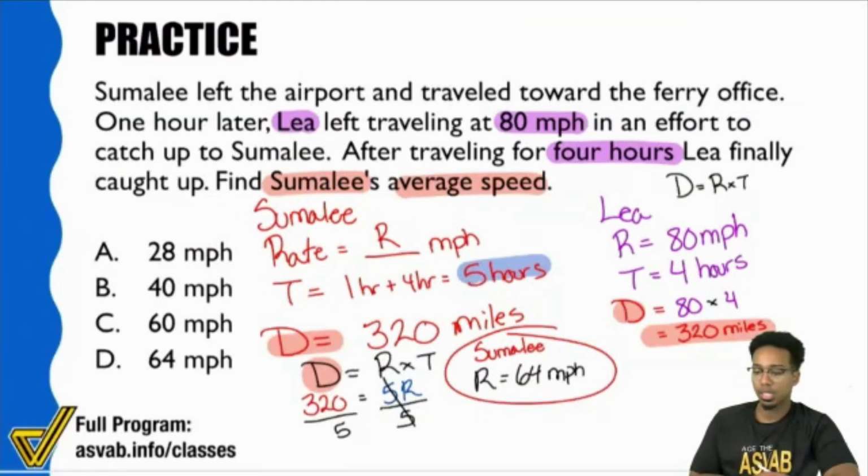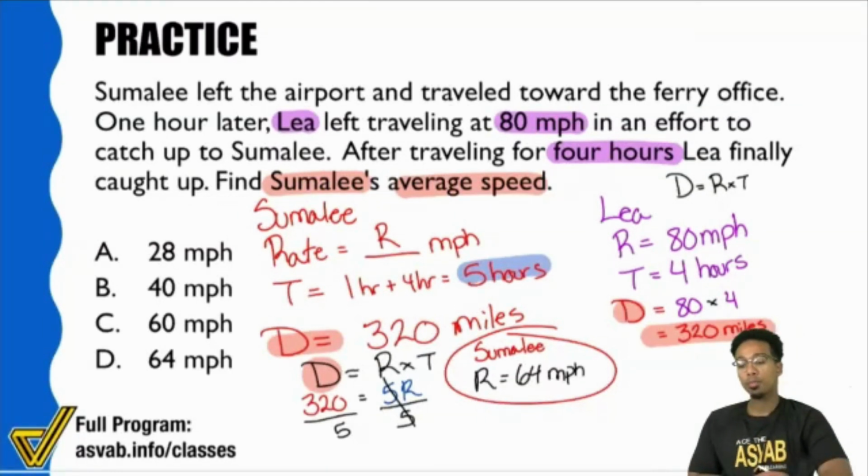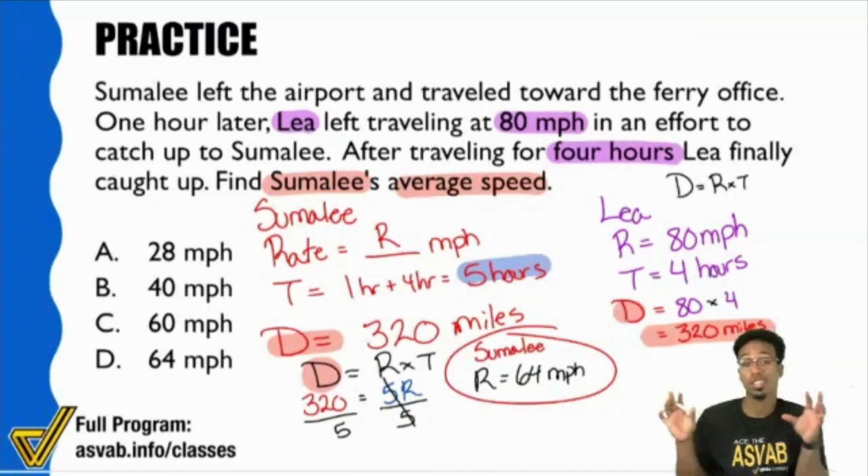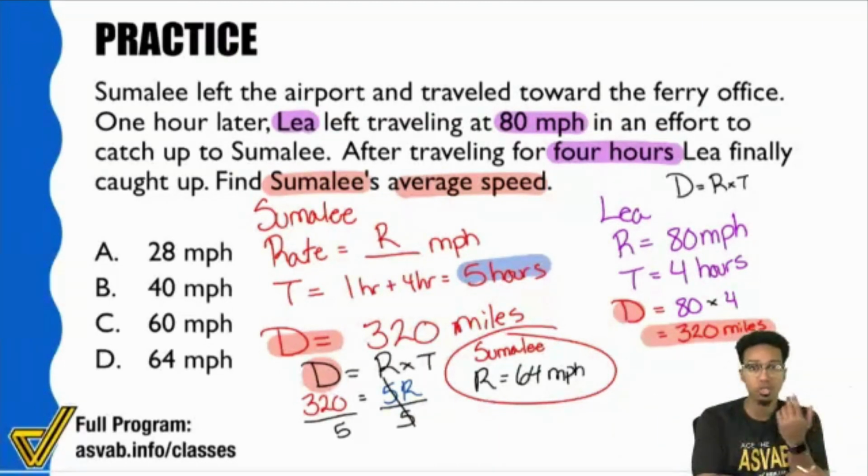Yeah, and so the biggest thing here, Romeo, and I'm sorry to cut you off, is to understand what the numbers are related to. What do they mean? Because I heard you earlier say that you did the 5 hours with the 80 miles per hour, but the 5 hours is Suma Lee's time. The 80 miles per hour is Leah's rate. So notice how we're talking about two different things. When it comes to setting up your equations, you have to make sure that you're representing the same thing in those equations. It works the same with proportions as it does for DRT problems. You got to know that the numbers that you're putting in a formula are part of the same situation for that formula.